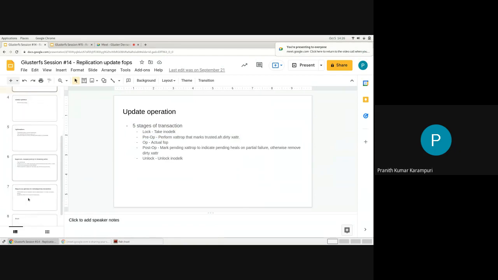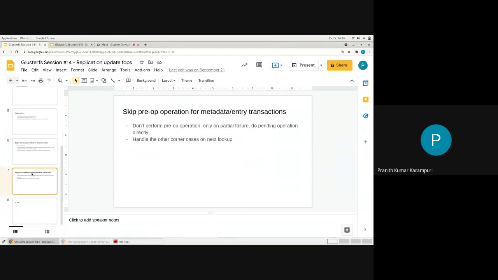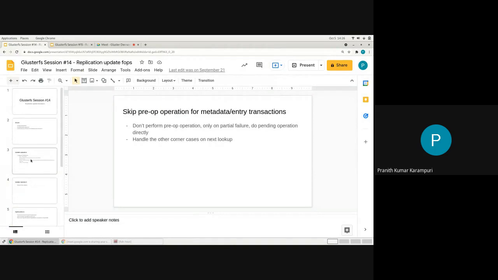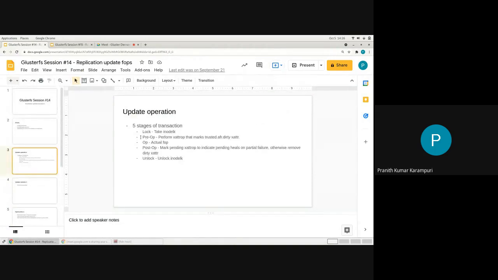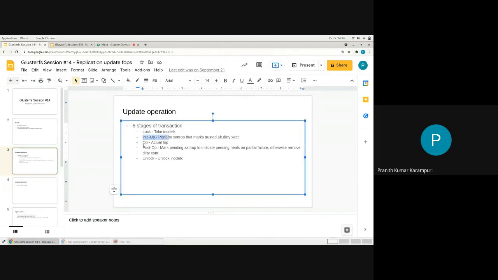Once this is done, we will see the other kind of optimization, which is skipping the pre-op and post-op for metadata and entry transactions. In AFR, for the transactions for metadata and entry operations, that is creations and deletions, we sometimes may choose to skip these pre-op and post-op operations to reduce the number of network operations.